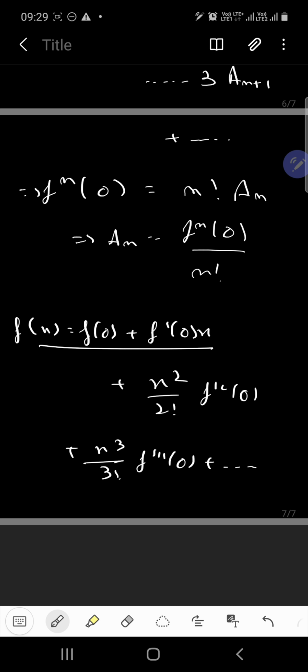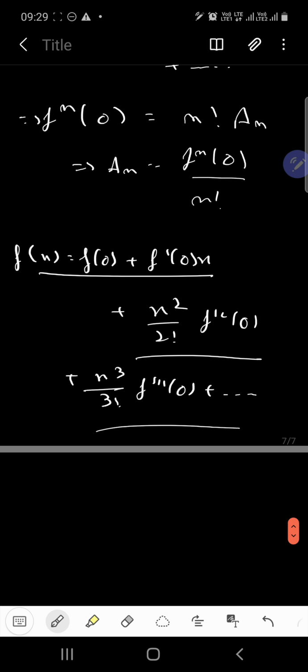So finally we have found out the value of the Maclaurin series which we needed, and this was all about the Maclaurin series. This was the proof of the Maclaurin series statement. And now suppose we want to check whether the Maclaurin series is correct or not. So how can we check that?